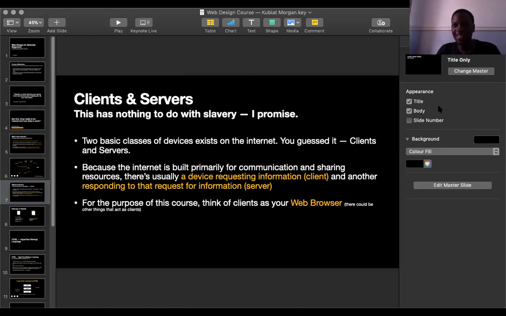So there are two basic classes of devices connected to the internet. We have clients and then we have servers. Clients are the ones requesting information, while the server is the device that is responding to that particular request.